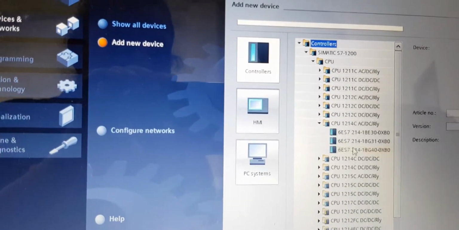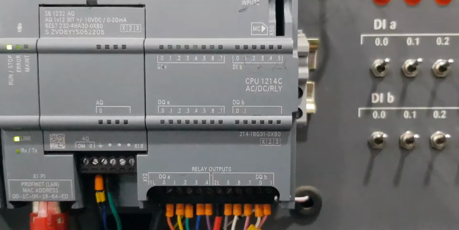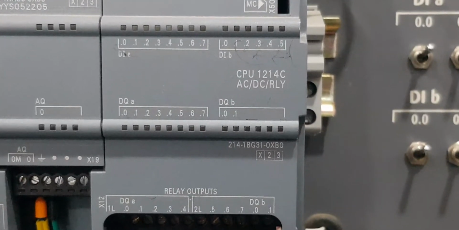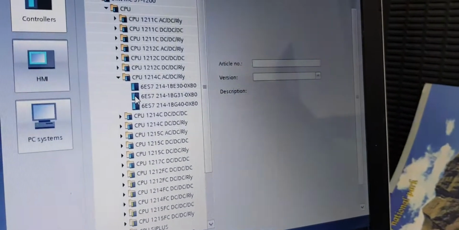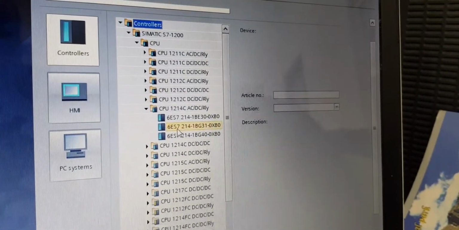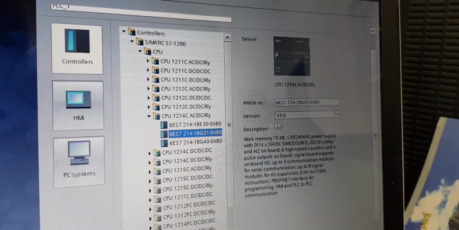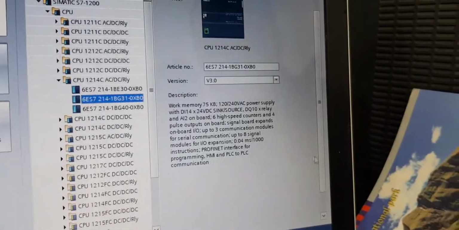Okay, now in this you have to select one. So how to select this? Go here on your hardware and you can see here 2141BG310XB0. Okay, so here also you have to select 31. Okay, this is the description of your CPU and this is the version.